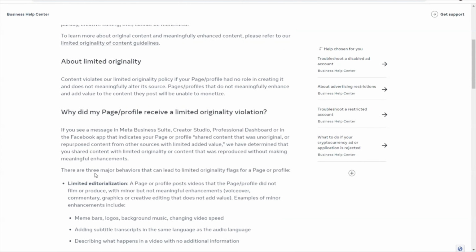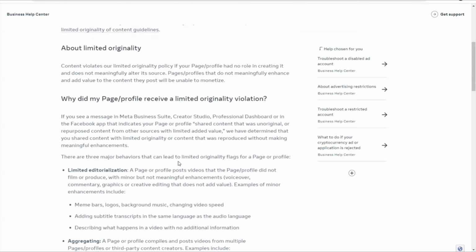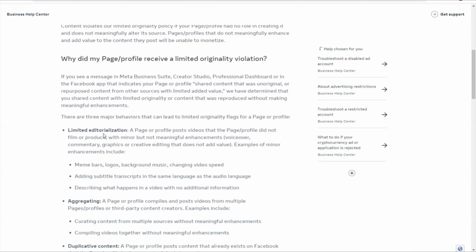So here they say there are three major behaviors that can lead to a limited originality flag for a page or profile. Number one, limited editorialization. So one of the behaviors that can actually lead you to this is limited editorialization. This is actually when a page or profile does not add enough meaningful value to the video. This actually doesn't mean that you did not try to add something to the video. You tried to add something to the video, but actually what you did is what they called